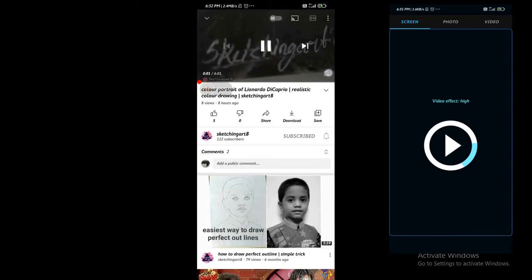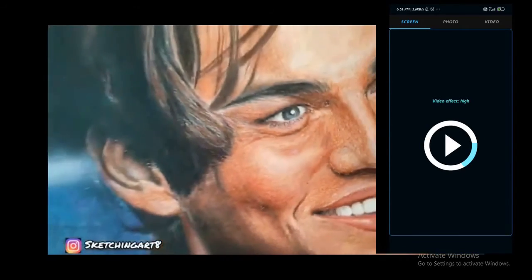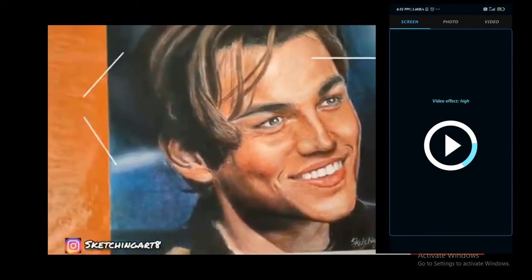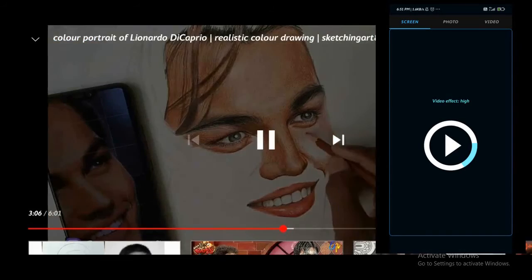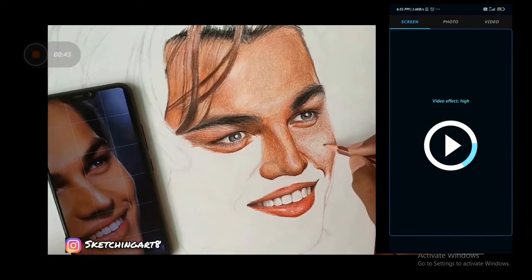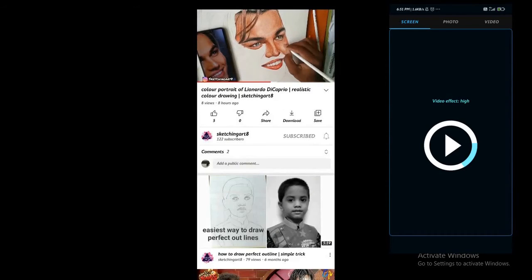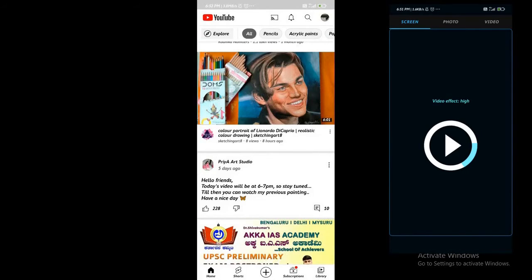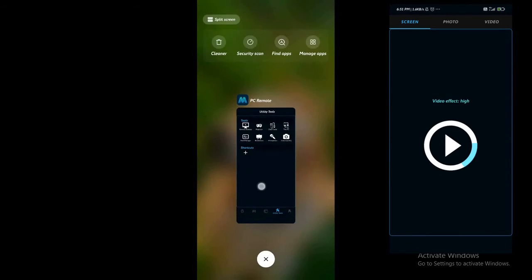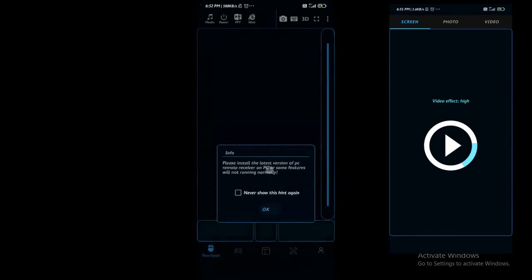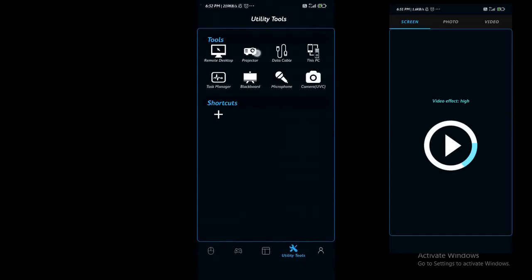Screen mirroring function is also working good. So this is about screen mirroring.